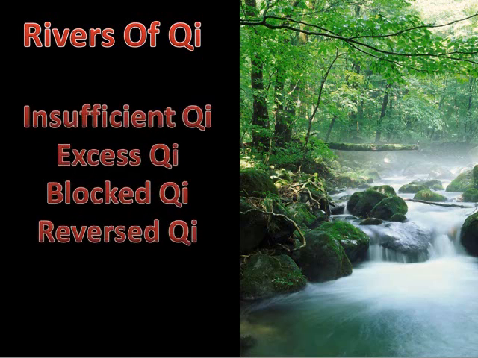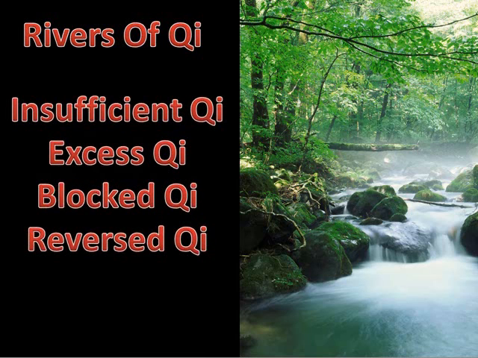It turns out that there are 4 main reasons for energy dis-ease in the main meridians. There can be too little qi flowing in the meridian. There can be too much energy flowing in the meridian, it can be blocked, or the qi can be flowing in the wrong, opposite direction. Those are the conditions that need to be corrected. And the treatment approaches are simple. For example, if there's insufficient qi in the meridian, then you increase it. And that's where some other types of meridians come into play.